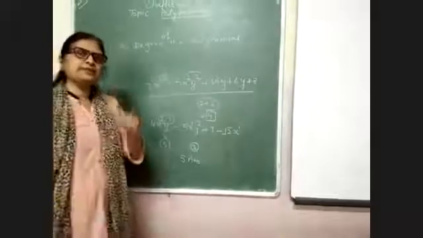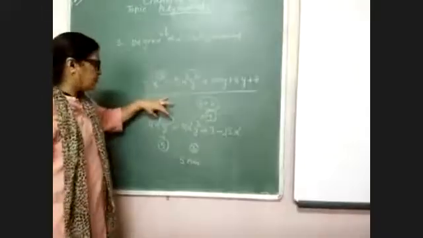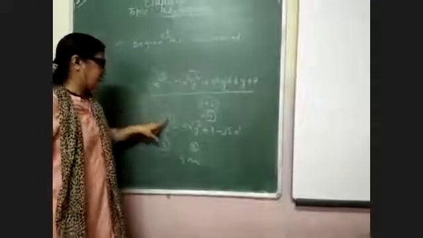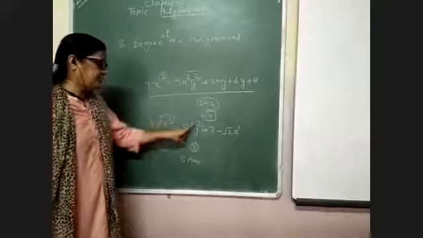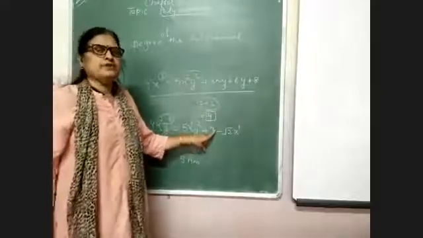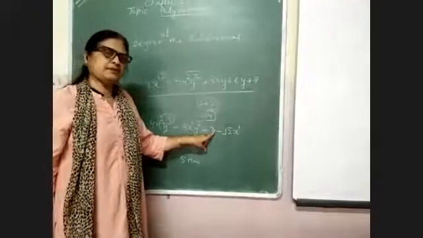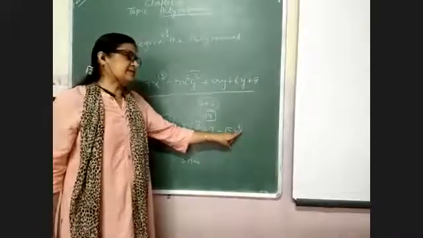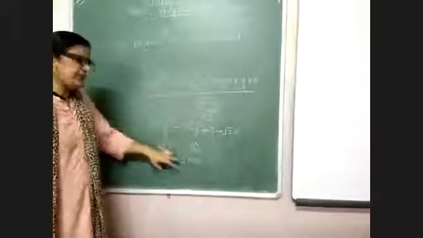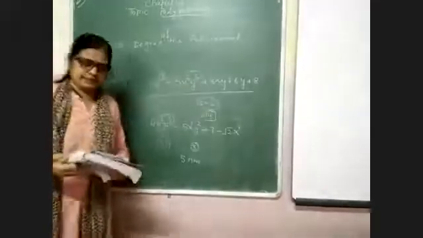When two or more variables are used, then you have to combine them. Check the combined degree. 2 plus 3, 5. 2 plus 1, 3. And here the degree is 0. The degree of a constant number is 0. So x raised to the power 1. Then the highest degree is 5. Your answer is 5. Okay.